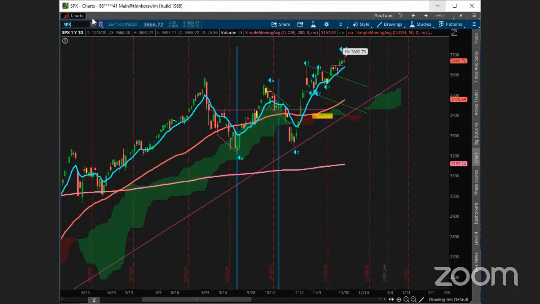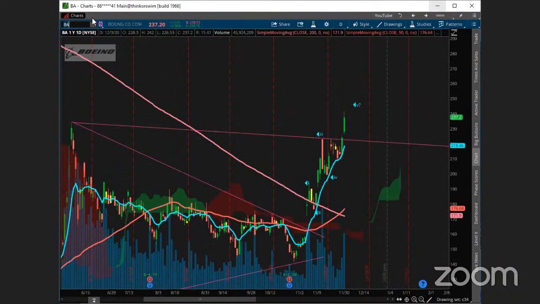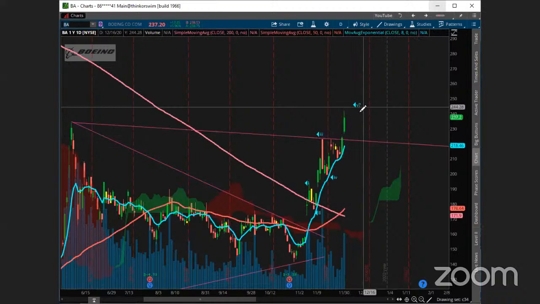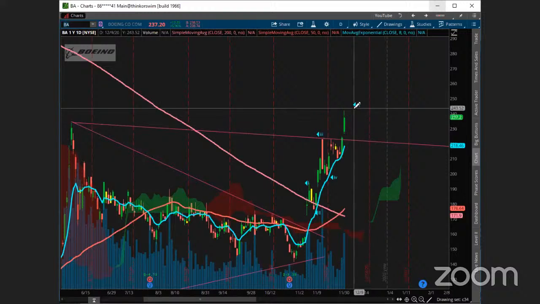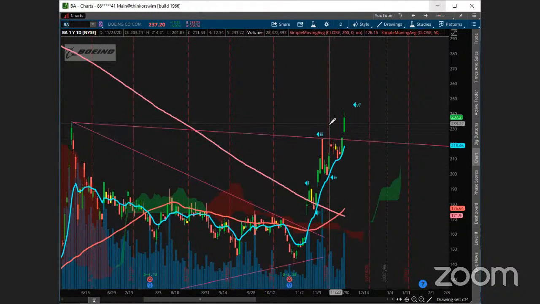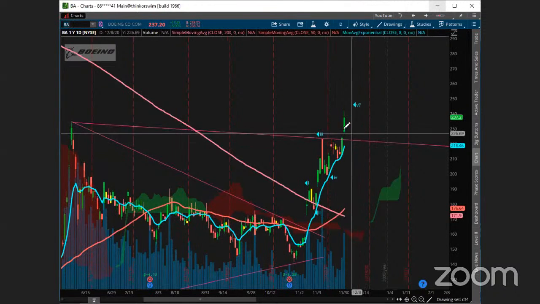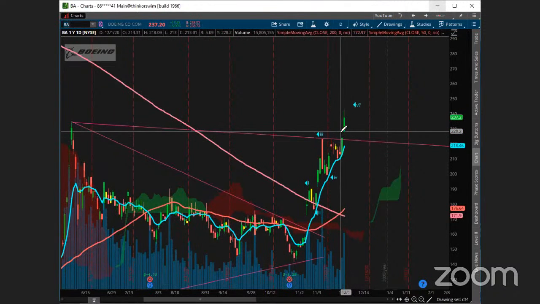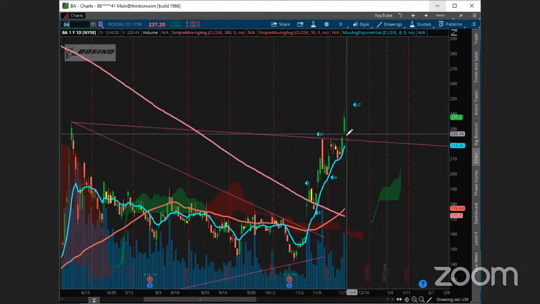Possible follow through on BA. So today was definitely the day to get in, right? So yesterday was the breakout, and today is what we talked about. I did that video over Thanksgiving for swinging options, right? And what we look for on these breakout candles is three things, right? So for us to take a position on a breakout, one, a pause day, or a double pause day, something like that, where price is just kind of pausing and then starts to get going, right? So that's one of the things we look for.